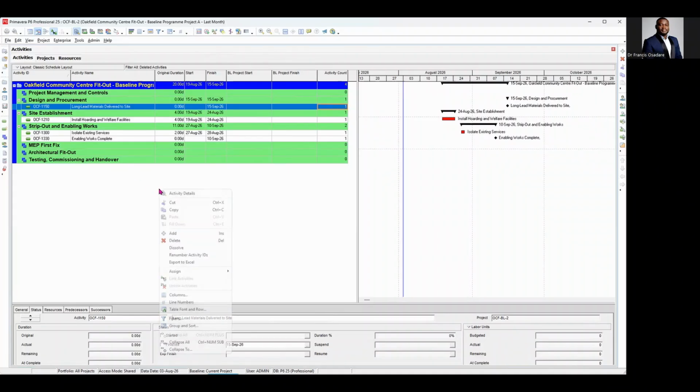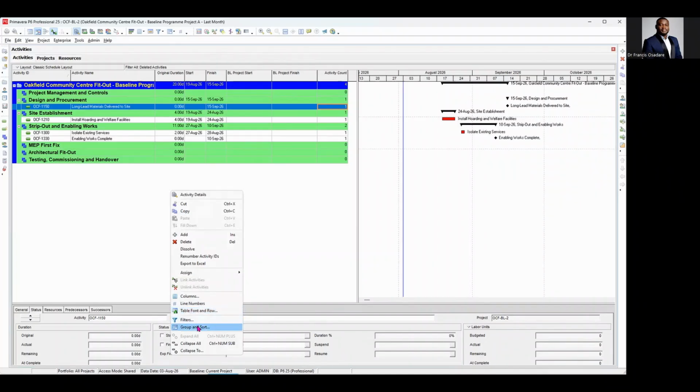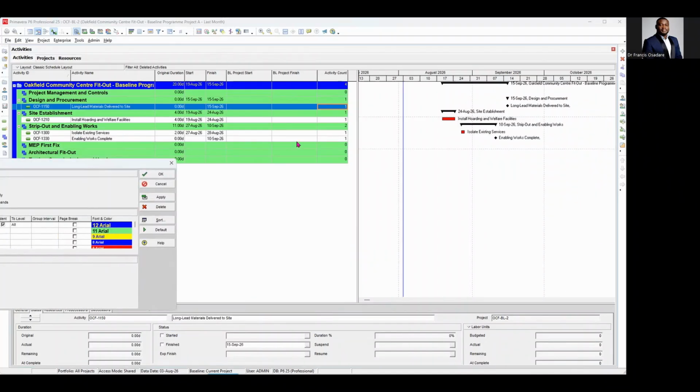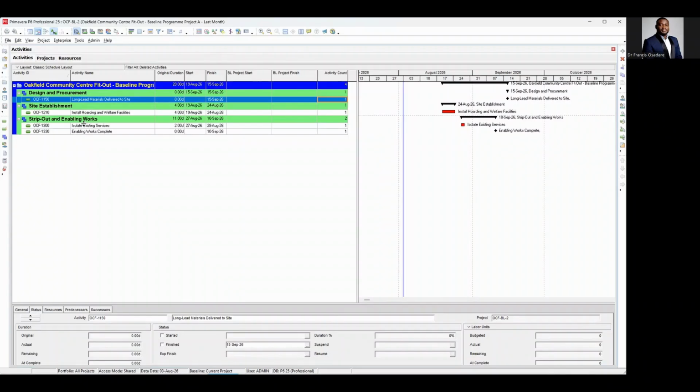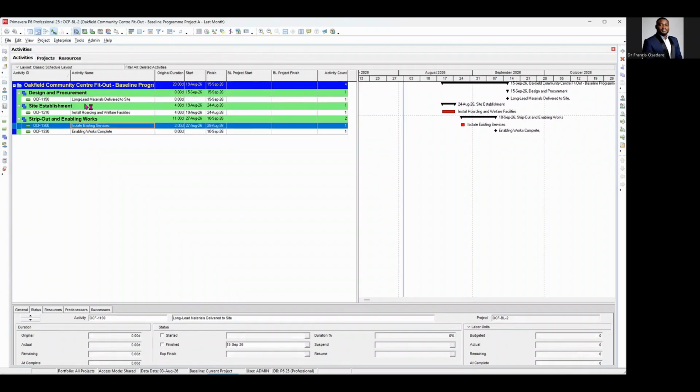And if you want to hide all of this, just right click and go to group and sort and just click on hide if empty. So any empty WBS will be hidden. So you can see now those are the 4 activities that were deleted